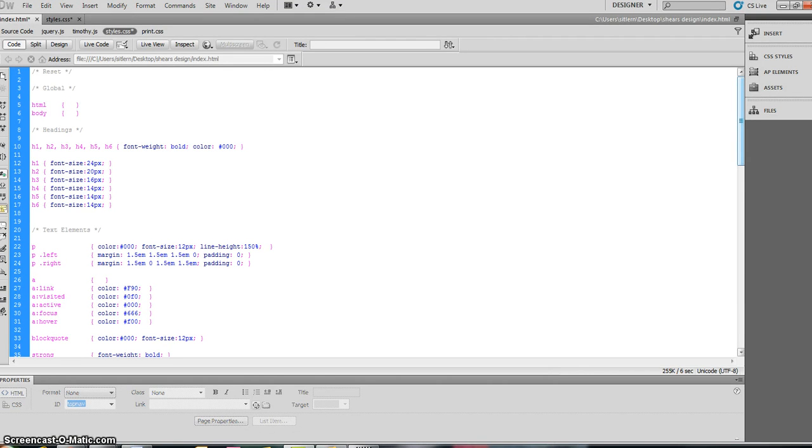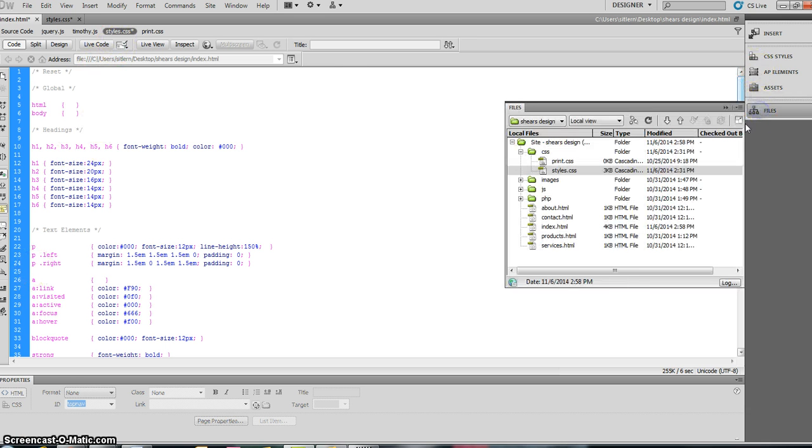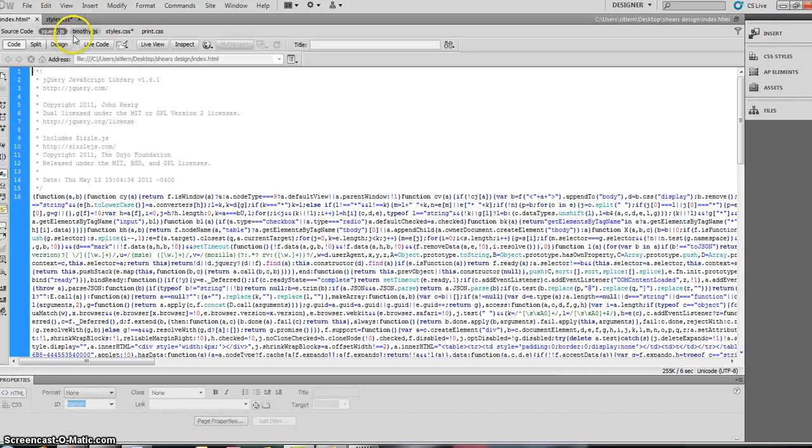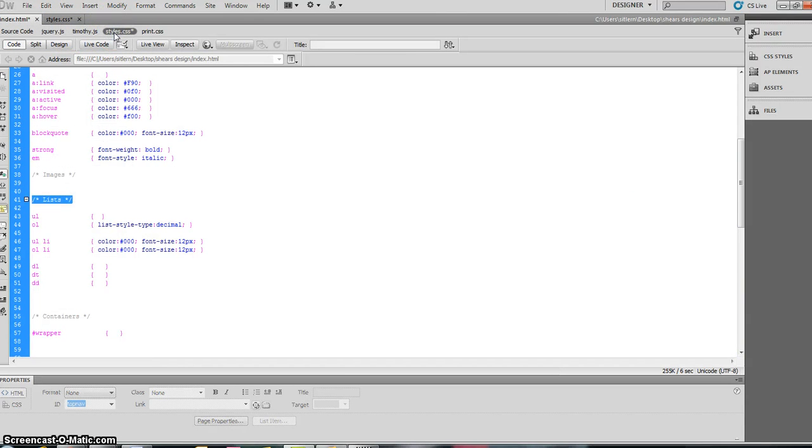This is the second part of our basic CSS style sheet. Remember, we are in our CSS styles, so if you look in your files panel, it's over here, and it also will show you your source code, your jQuery, and all of your other styles. So we're going to continue to work in the style sheet. And you can see where we left off. Yes, last time we worked on links. I'm going to actually scroll up just a little bit